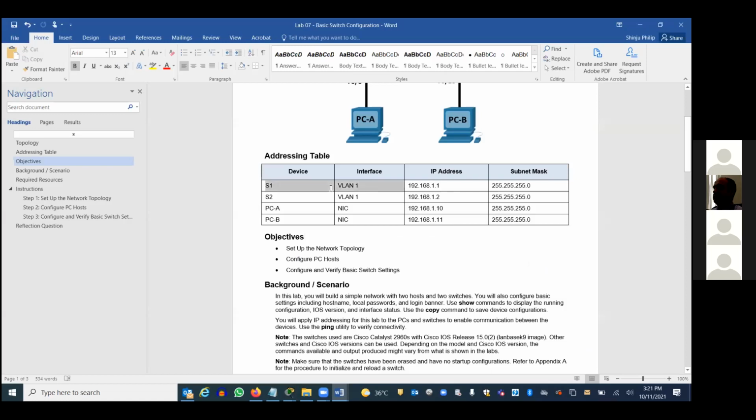So we are going to configure a VLAN. Okay. So what do you mean by VLAN? Virtual LAN, right? In the switch, you can create multiple LANs. You can protect your PC from a person in another department. For example, you are working in the IT department and you have another person working in the accounts department, but you both are connected to the same switch. You will be able to communicate, right?